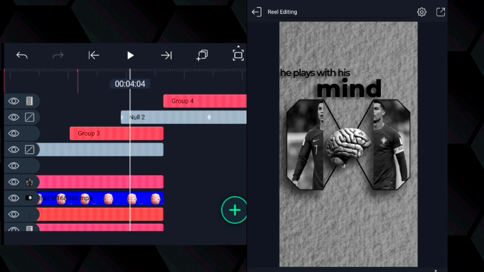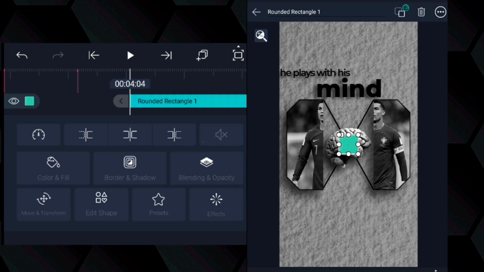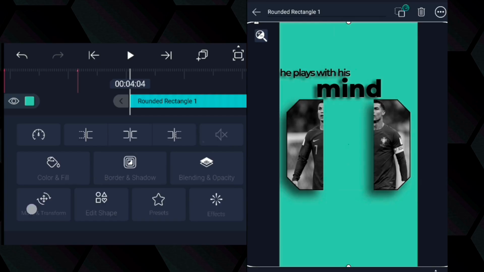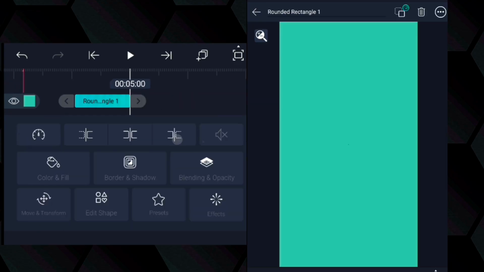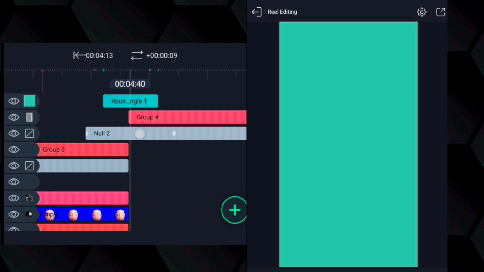Now from here, for a better transition, add a shape, add a rectangular shape. Tap on fill the composition area, make the Z value. Now decrease the Z value and make it like this. Make sure that the middle point of the